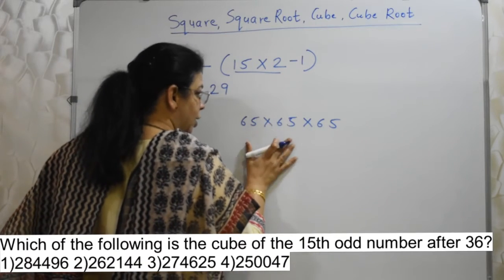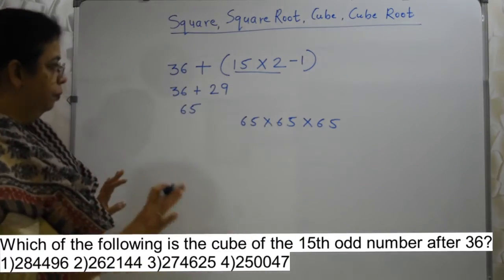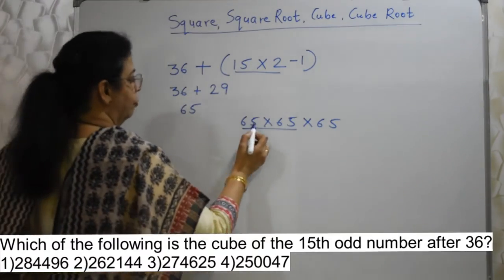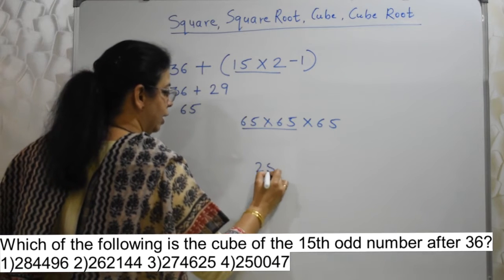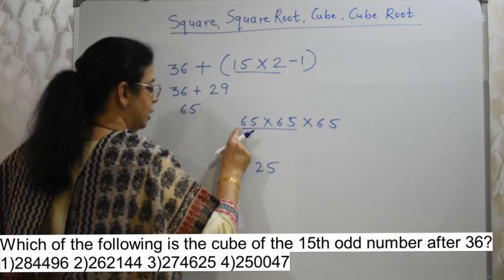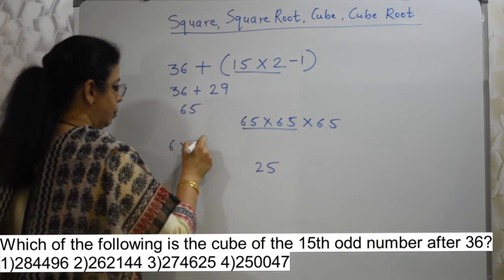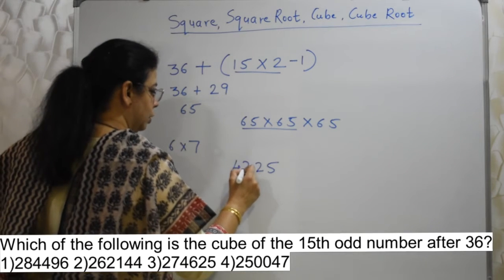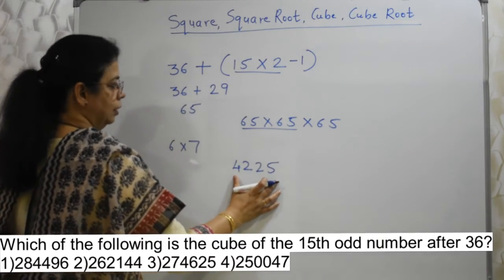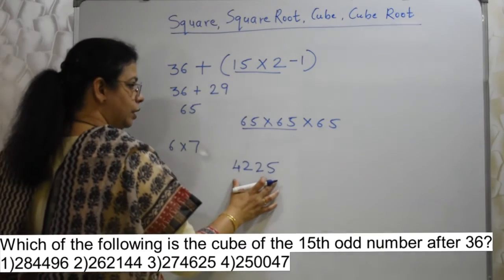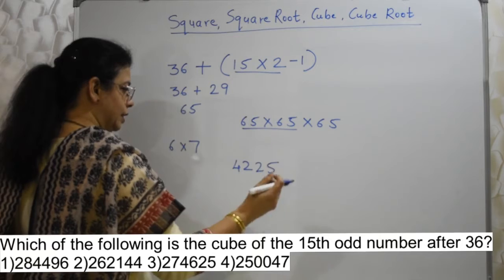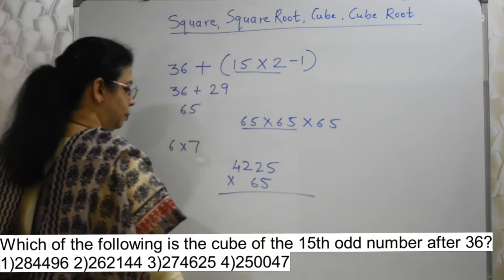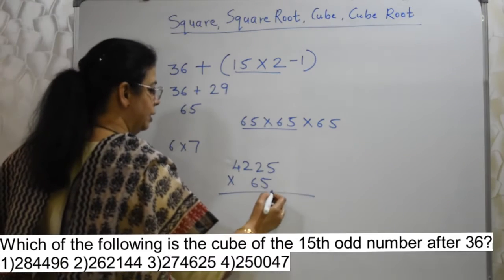No. Here again we will try to minimize our job. This we can do with the help of shortcut. 5 है last में, so 25 आएगा last. 6 और उसके next number 7 multiply. 6 7s are 42. This is the multiplication of this. So this much work is done within few seconds. Here, this we have to do it as normal. Okay? 5 5s are 25,